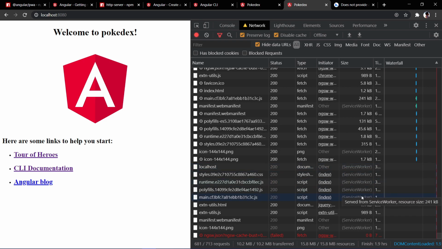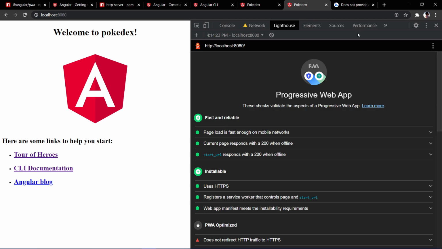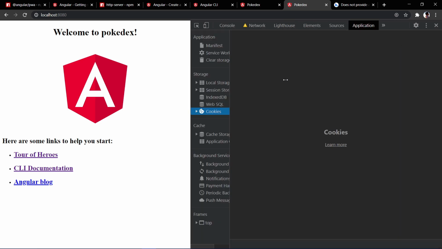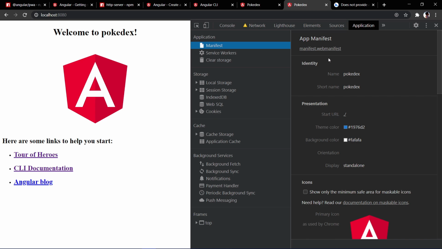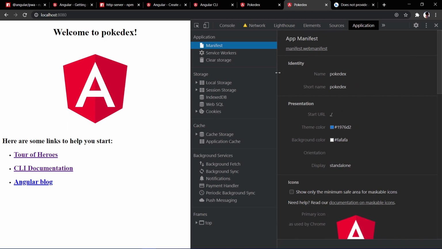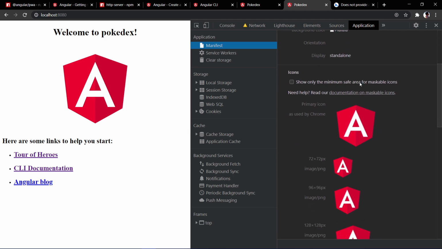Okay, the reason being these are all cached into the service worker cache. Now let's see what are the available caches for this application. If you go to this application, first of all you will see this manifest. This manifest is pointing to manifest.webmanifest. This is the manifest which has been used, and there are different properties which we have already specified,